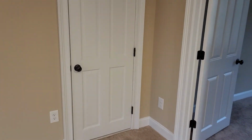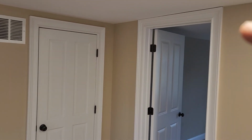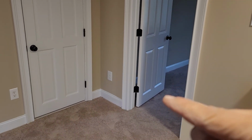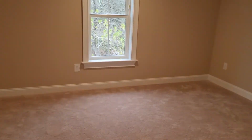This door, and now I'm going to brag. So this door I made in my shop. I couldn't find a door that I could cut down that wouldn't have a little tiny piece on top, which is so annoying looking, or the bottom. So I just fabricated a door. It's just a 4-panel door, nothing special, a little raised panel that goes back here to the heater room. And it's got some nice insulation there. And then it sounds like a solid door, because it is. And then this bedroom here,